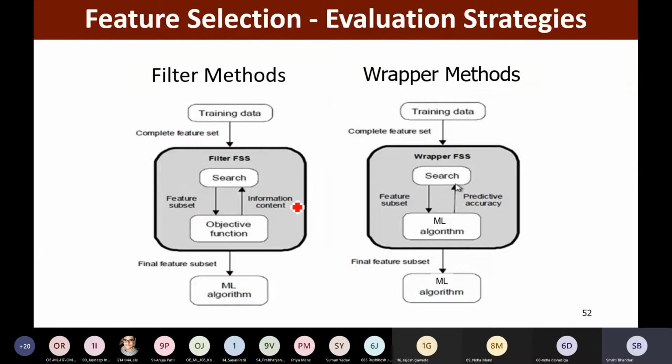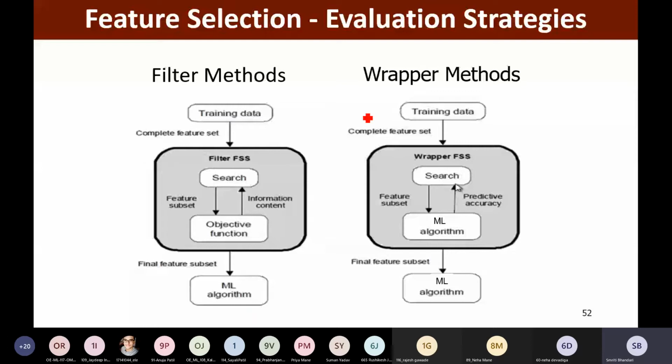And based on this information content, further the search algorithm decides which part of the feature space to explore further, and this is the iterative process, and ultimately we come up with a feature subset given the original training data set and the feature set. After getting this final feature subset, it is used for further implementation of ML algorithms. So this is the filter method.